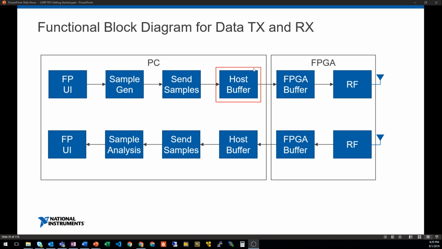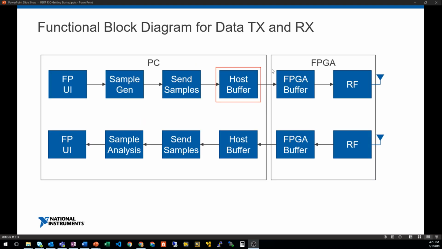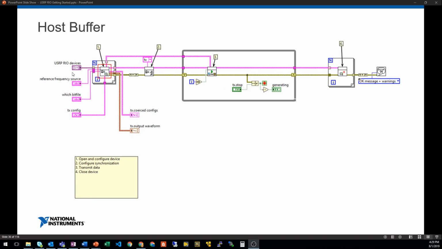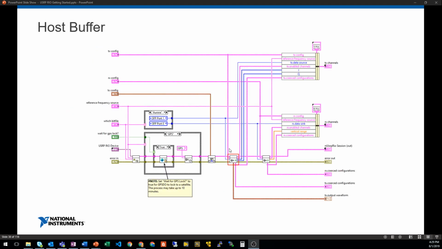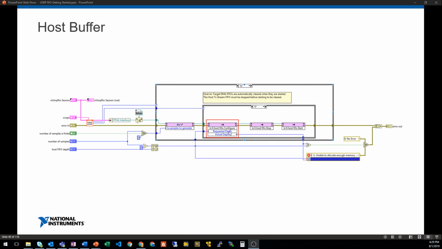But yeah, so one thing that was interesting is, from here, there's nothing that tells us how big or small the host buffer is. So let's see how we configure our host buffer. And it's actually not in code. So if we look into here, and then look into here, we can actually see that